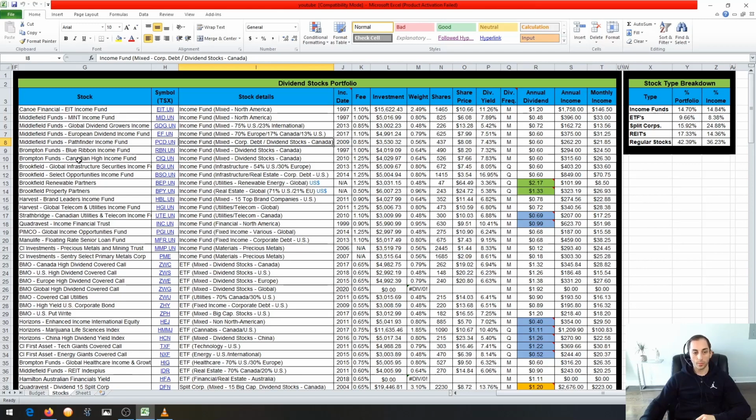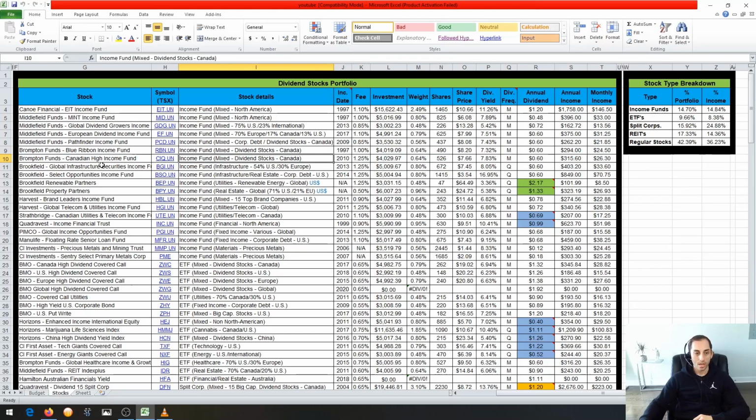The next two are from Brompton Funds. So these two focus on mixed sectors. So you have a bunch of different sectors, and they are Canadian dividend stocks. So these two have a lot of the same companies. They're almost identical. This one here is a little bit higher yield, because they have a couple of extra smaller cap companies in Canada. But they're pretty much identical, and they have the same function to give you exposure to dividend stocks